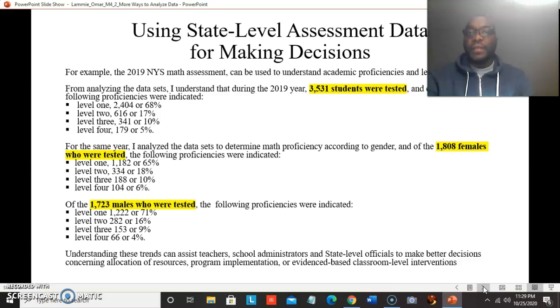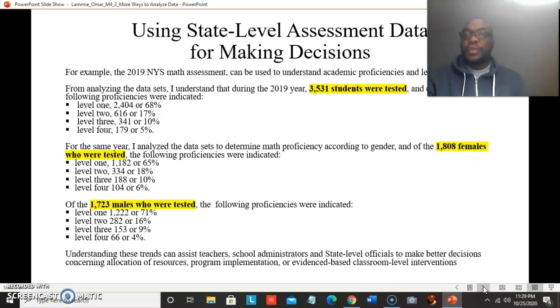Now, at the state level, how can teachers use state level assessment data for making decisions? And just a quick overview, for example, in 2019, the New York State Math Assessment can be used to understand academic proficiencies and learning trends. And when I analyzed the data,